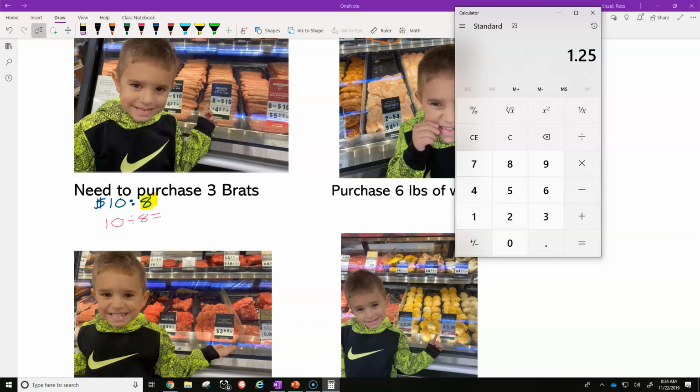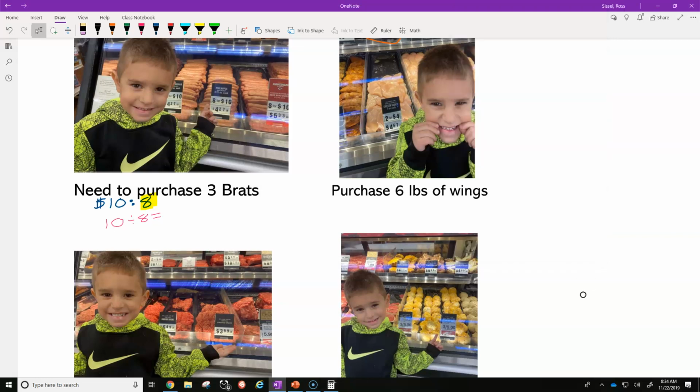So when I do 10 divided by 8, that gives me $1.25. That means my new unit is $1.25 per 1 brat. That's why we put our brat second. We need to know what 1 brat is, so that's going to be our second term. So every brat is $1.25, and how many of those did I need? 3. So $1.25 times 3 is